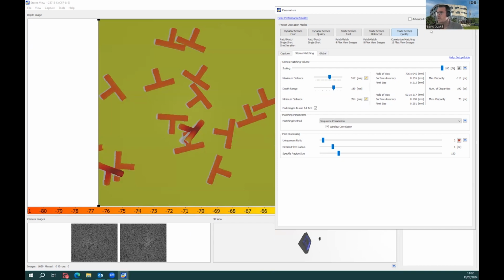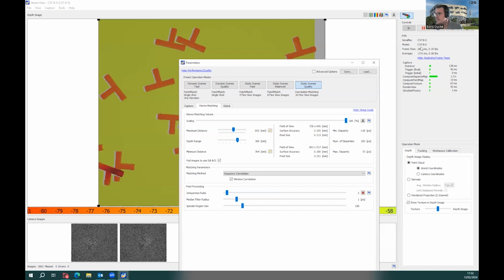Another topic that I would like to address in today's video is the frame rate. A lot of customers come to us and say, how fast can you go with sensor cameras? And it's not that easy to answer that question because it depends a lot on your application and on the parameter set that you will use.